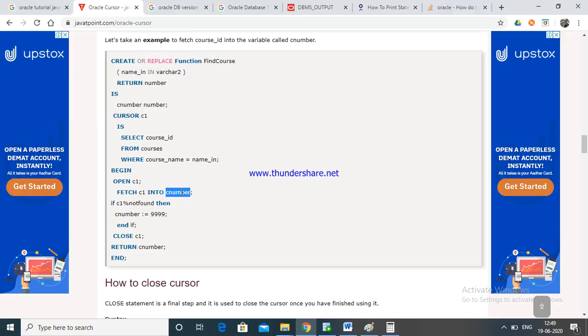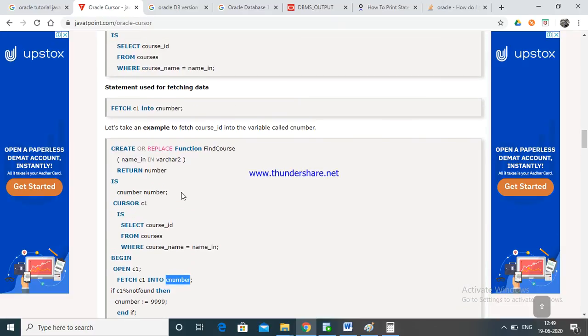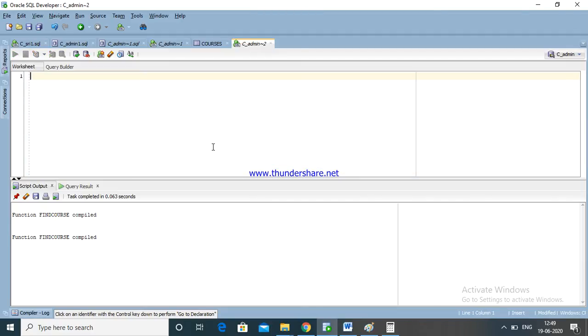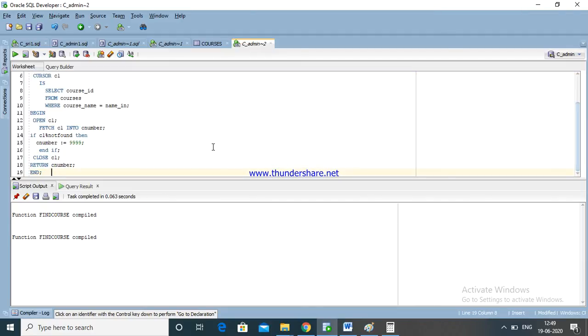Here we use fetch C1 into C number. If not found, here we fetch C1 into C number. C number we are fetching. In the same way, just going to delete and enter. Now going to enter the function.